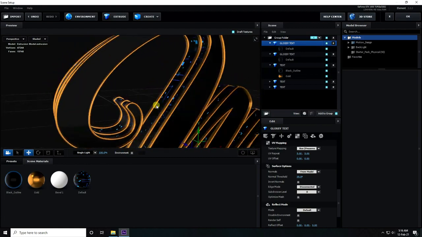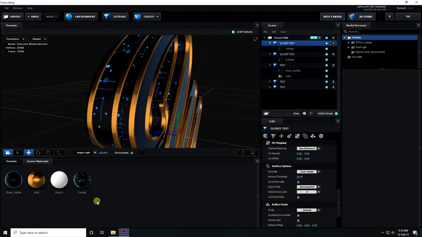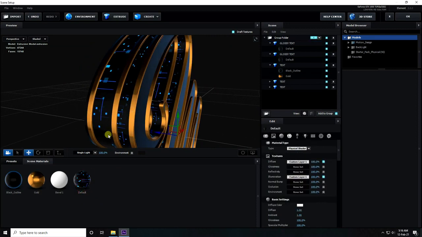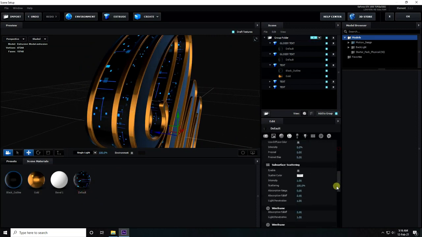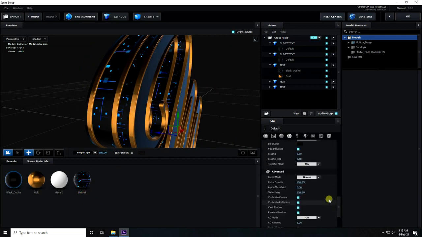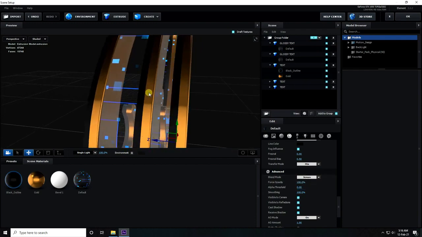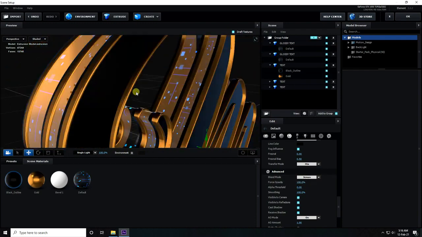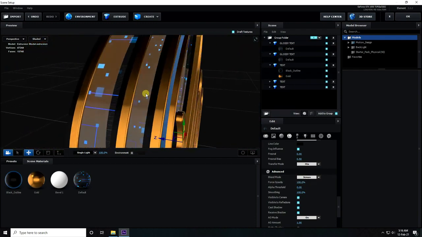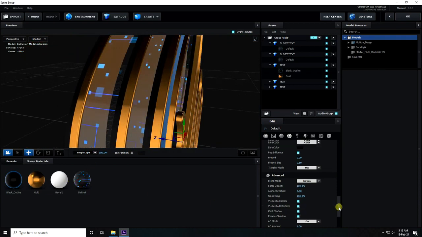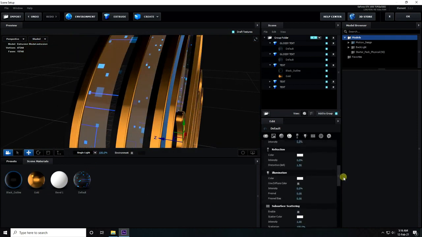Okay, so now guys, I change the material type. That's my default. Now I create a glass effect. So go to the last one and in advanced change the scene. Yes, see guys, now that's my transparent glass material, right? Okay, so guys, select and create more glossiness.